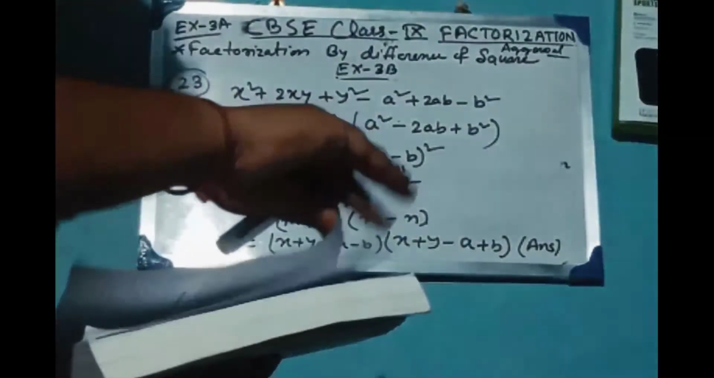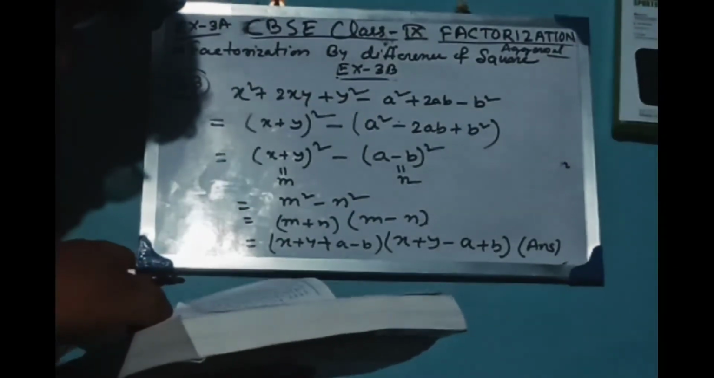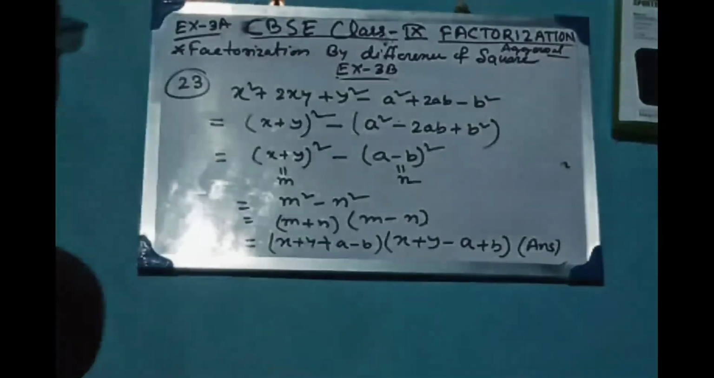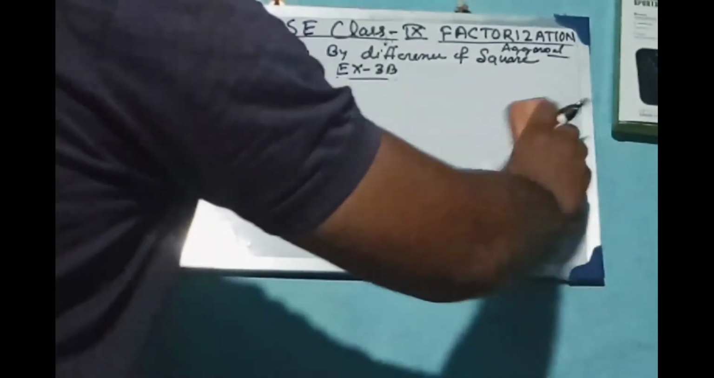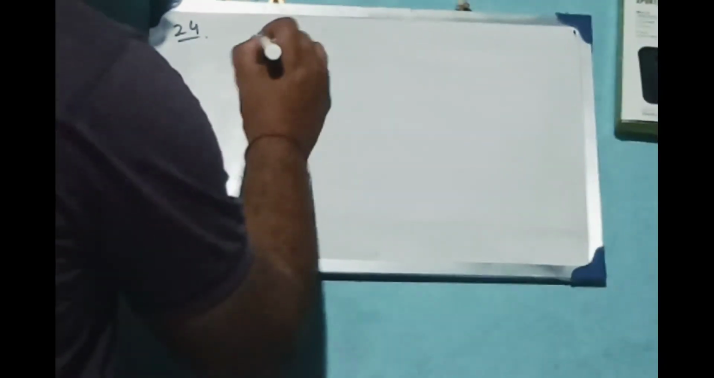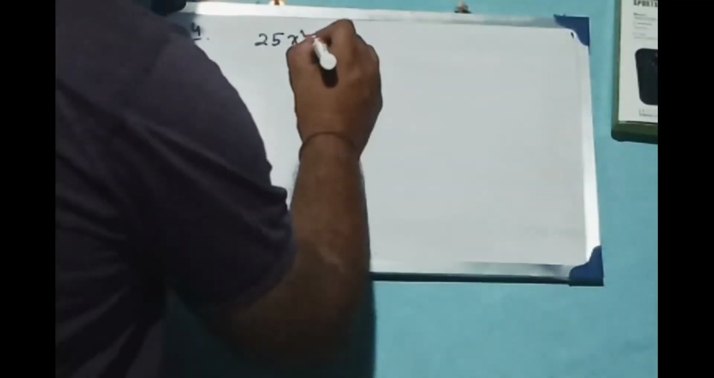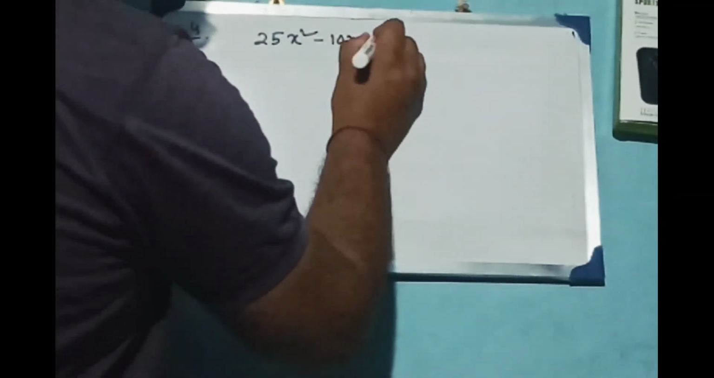Next, move to question number 24. Question number 24. It is given in question number 24 that 25x square minus 10x plus 1